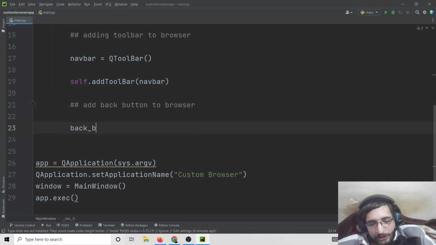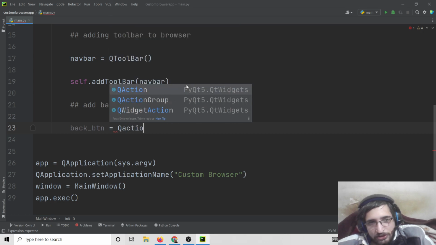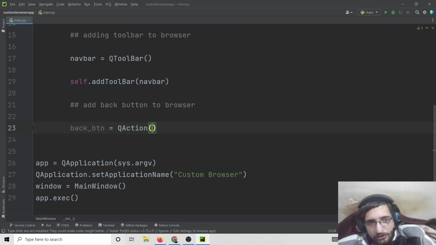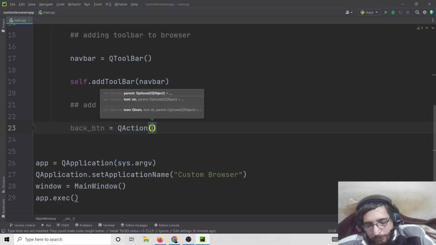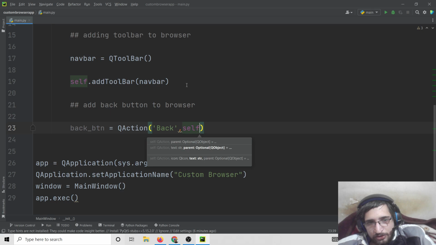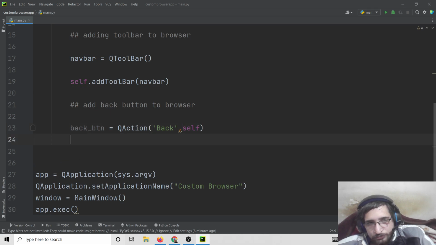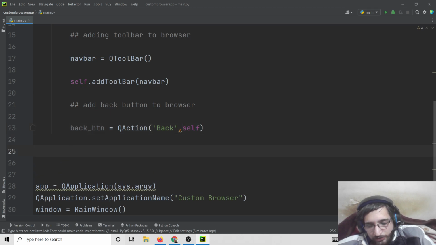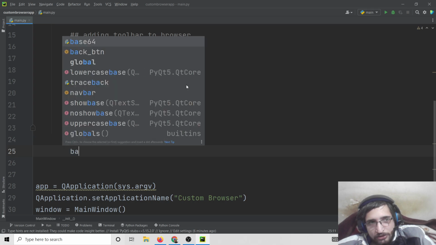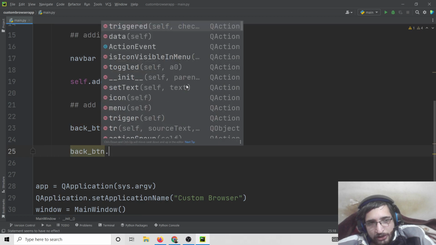We will make a variable back button, and inside this we will make use of a widget which is QAction, and inside this we will provide the text which will be shown to the user, which will be back, and put a comma here, and then we need to add this to the self. So we will write here self, and then back button dot triggered,